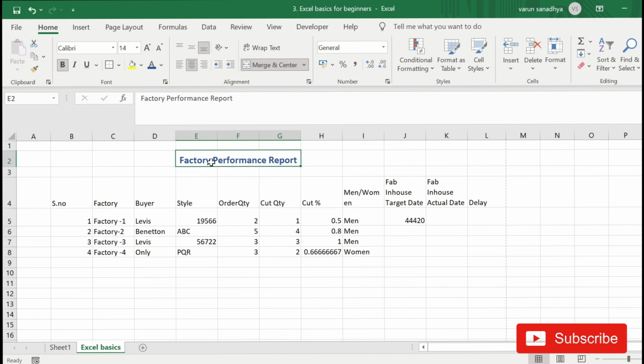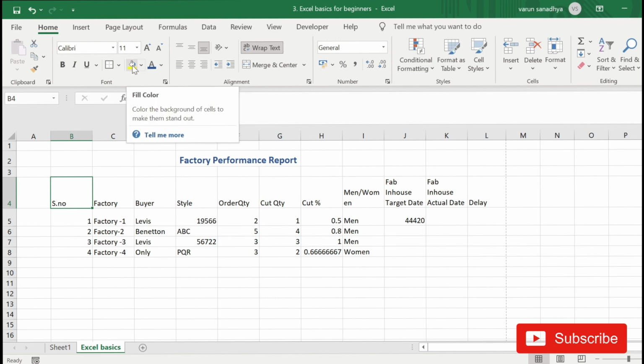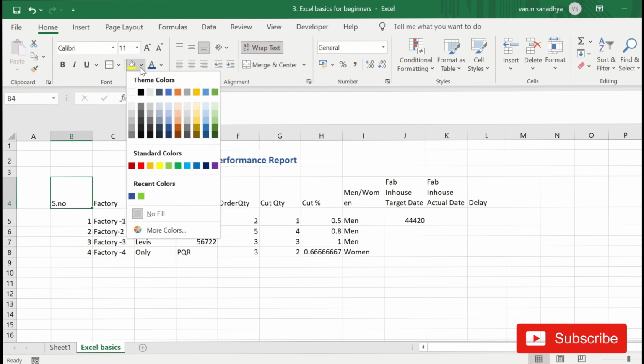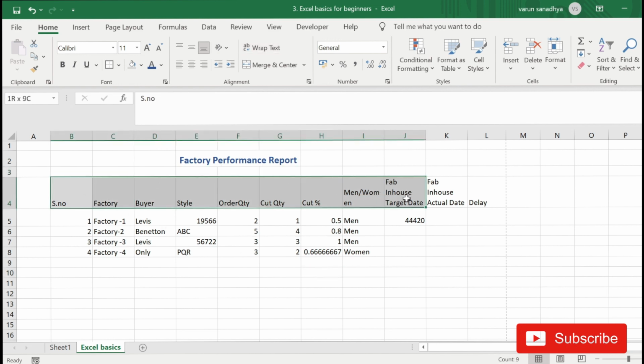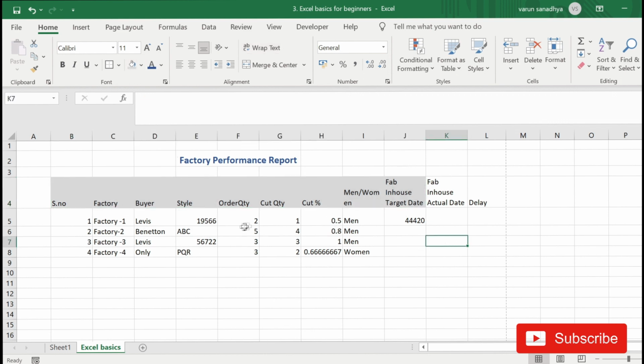Now if you have to color the cell, the background of the cell, then you have to select the cell and this fill option is there, fill color. Right now yellow is selected, I want to make it gray. So I will just select this gray and it will be applied. I will select multiple columns and then click on this. So all of this is given a gray color,